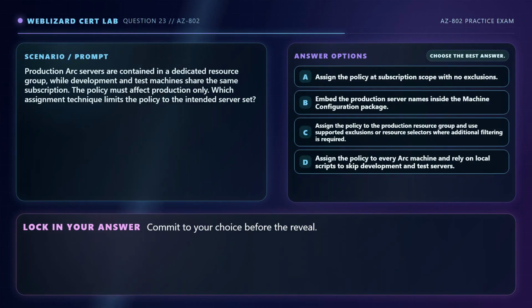Question 23 of 36. Production Arc servers are contained in a dedicated resource group, while development and test machines share the same subscription. The policy must affect production only. Which assignment technique limits the policy to the intended server set? Option A. Assign the policy at subscription scope with no exclusions. Option B. Embed the production server names inside the machine configuration package. Option C. Assign the policy to the production resource group and use supported exclusions or resource selectors where additional filtering